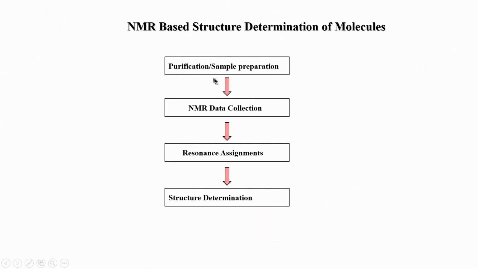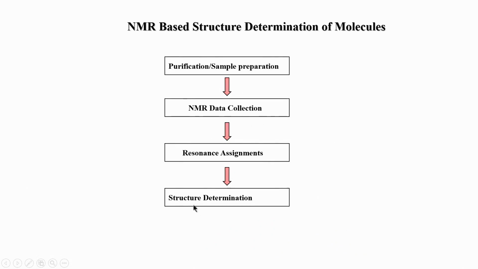In the last class we looked at how to assign proteins. We completed the assignment part. Now we will have to move on to the next step in NMR structure determination. So, looking at this flow chart here, you can see that we have looked at sample preparation by isotope labeling. We have finished how to collect NMR data at 1D, 2D, 3D. We have now also looked at resonance assignment, how to assign the protein.